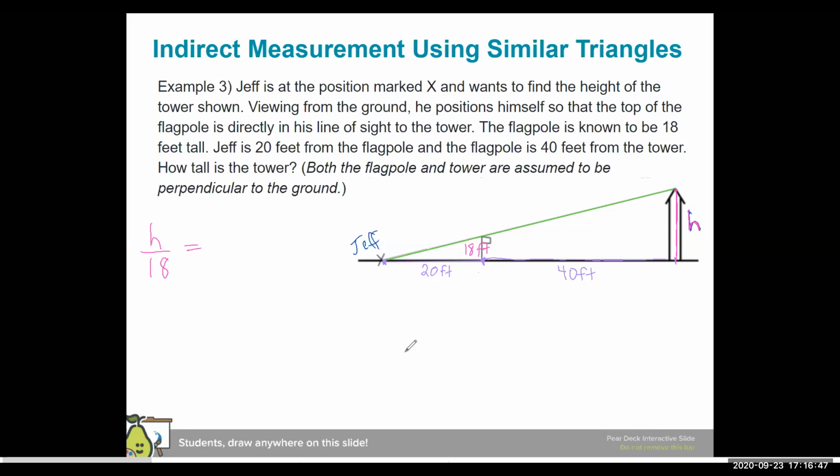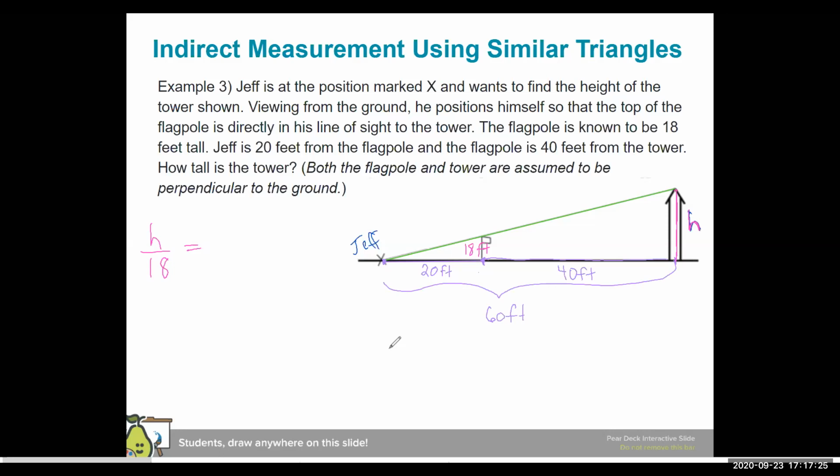The purple lengths are what we look at next. So our 18-foot flagpole with the 20-foot distance, those go together in the small triangle. But our unknown height of our tower to the entire distance along the bottom is what corresponds there. So that whole distance is actually 60. So those 60 feet, 20 plus 40, will correspond with the 20 feet that are the distance from Jeff to the flagpole. So we're going to go the height of the tower to the height of the flagpole, which is 18,